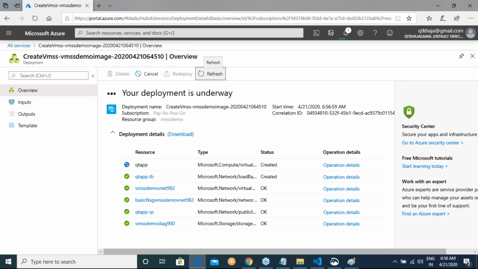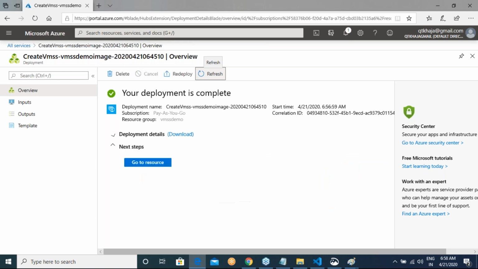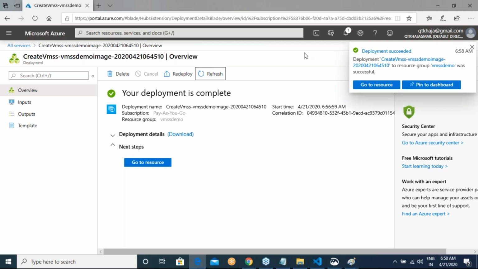So let us wait for the scale set to be created. All right.